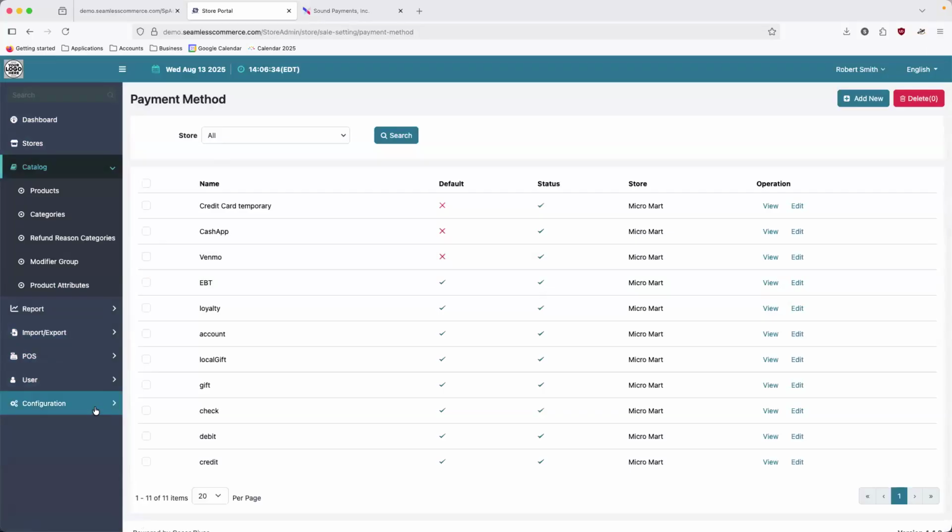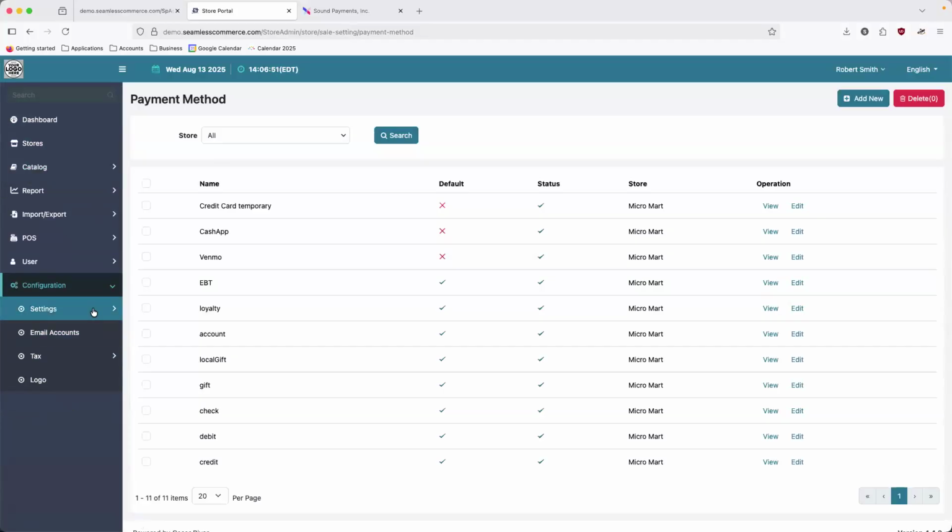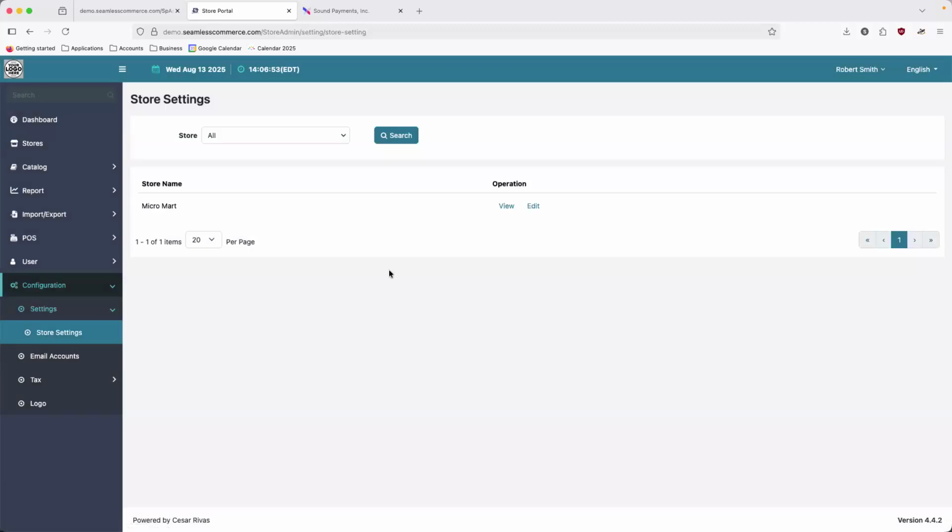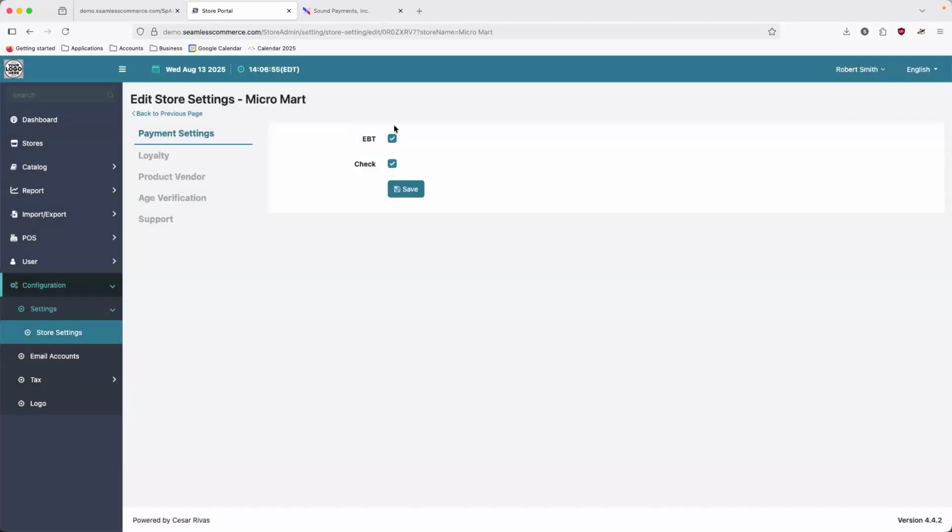Before you actually do that, if it's your first time setting up your store and you're doing checks, or if you're using EBT, then you have to enable it. You'll do that by going to configuration, settings, store settings. You would select edit, and then enable both EBT and check if you want to use them. But going back to payment methods,